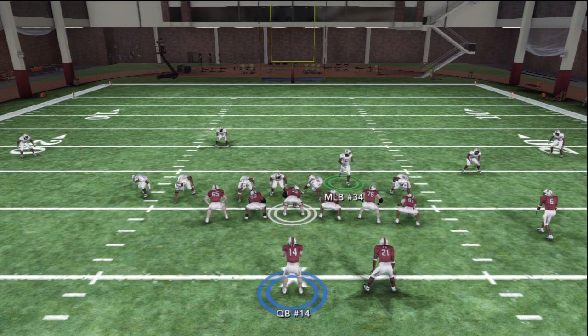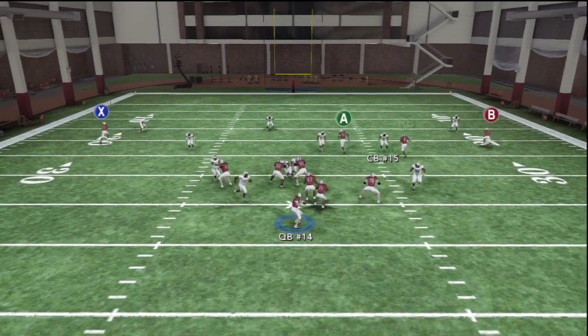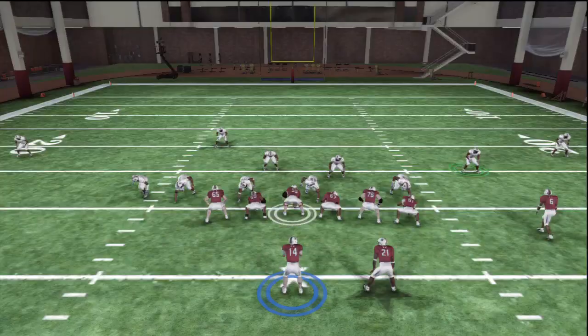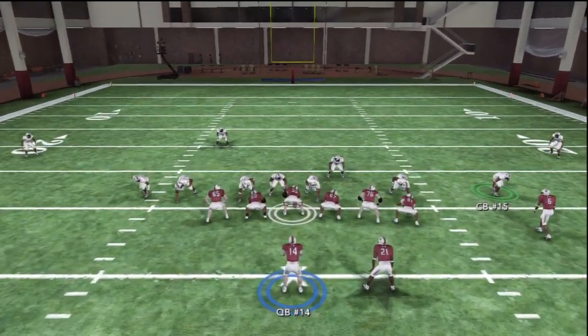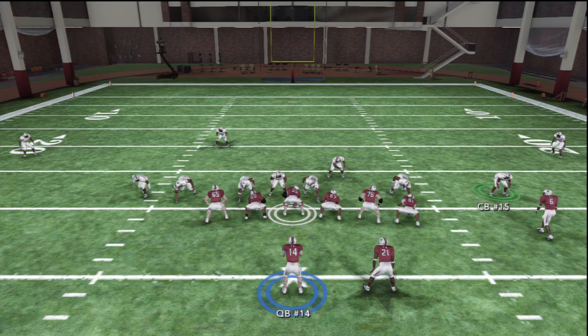Just to go ahead and show you, I'll set the pressure up one more time. Now as you can see, we're still going to come in untouched. That running back isn't going to do anything about it. Now, to send it from the right side, all we're going to do is at the play call, as soon